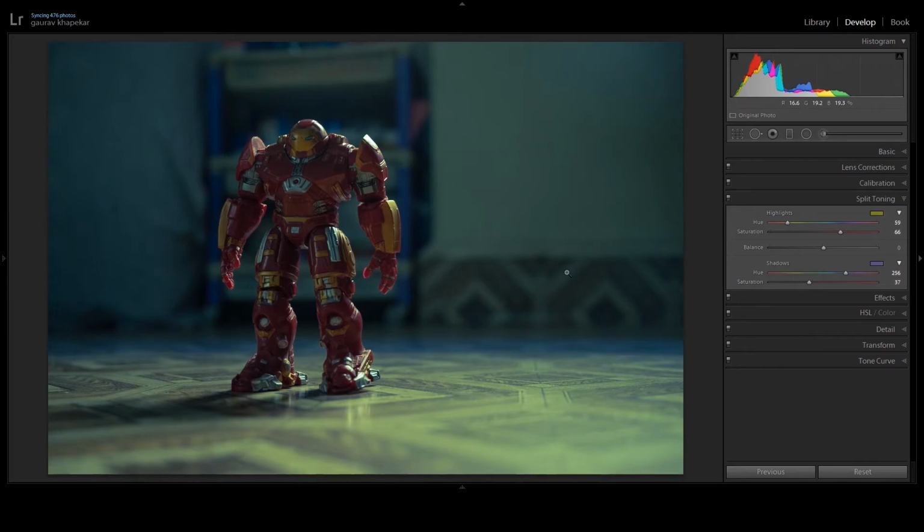Either you do it using a gray card method, or you set it according to the mood of the picture. If you are in a studio, you can always control it. And the best method is, if you're shooting RAW, you can always change it in post and you can get the mood you want. So this was all about color theory.